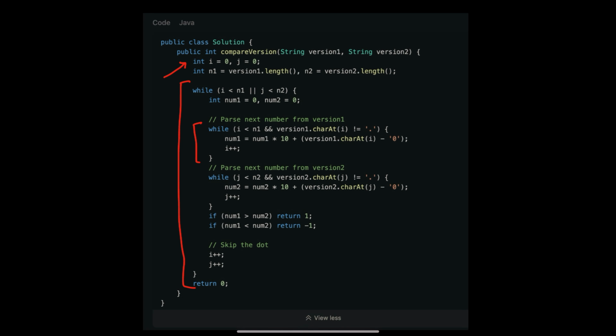I'm multiplying the num1 which was calculated in the previous run by 10 and then adding the current character that i is pointing to. So after every cycle or turn, all of the characters in num1 will be shifted towards the left as we are multiplying the total by 10. After I've collected the value for num1, that is the version 1 string, I'm repeating the same cycle for version 2